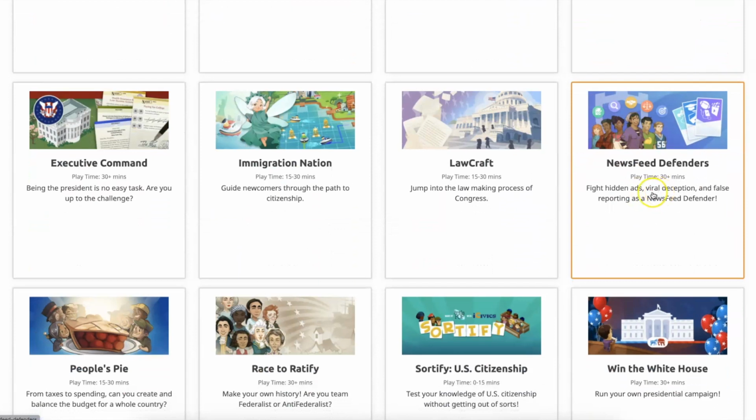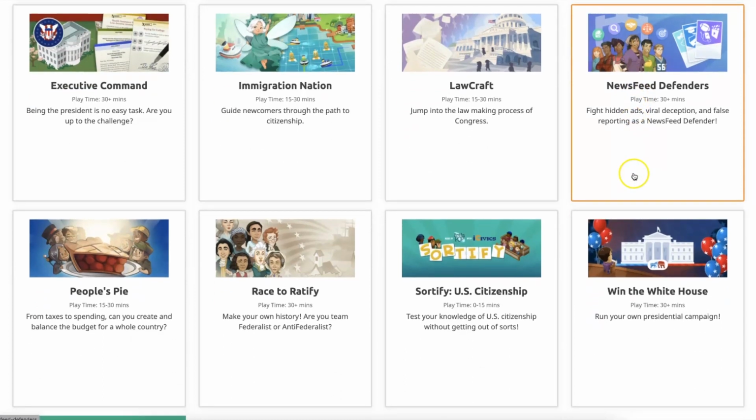One of my first ways that I get my students involved in iCivics is I actually put them doing Newsfeed Defenders. What I'll have them do is sign up for an account in iCivics. It's very easy to do. They don't have to put in a lot of information. If you can't do that, I understand, but it's a great way to have it where you can always see what they've done, and they can give you information about how they've done, and they can go back to that particular